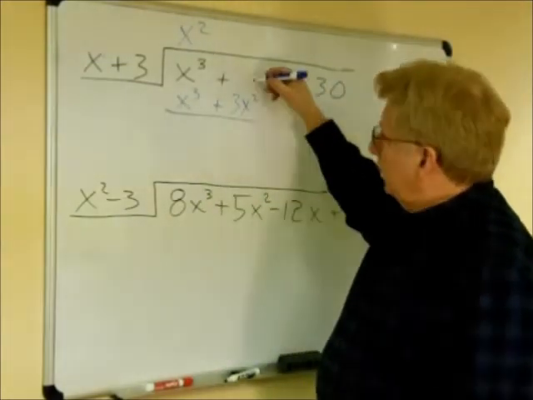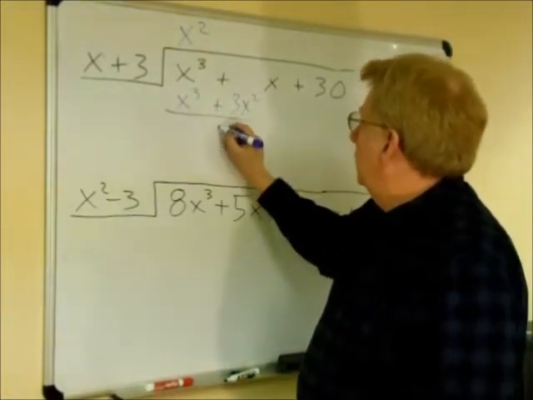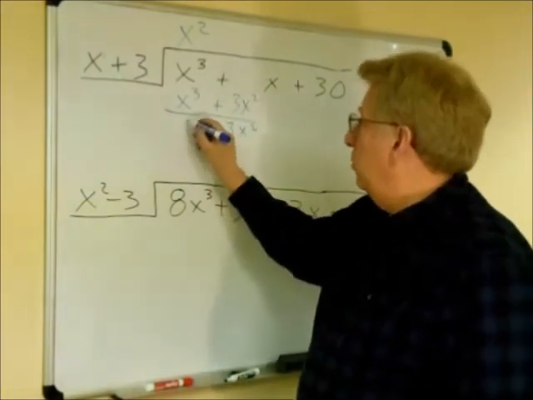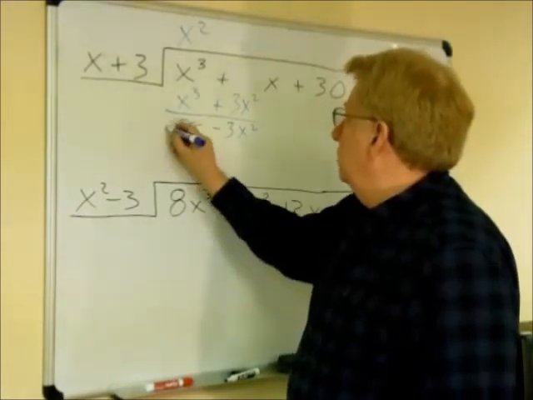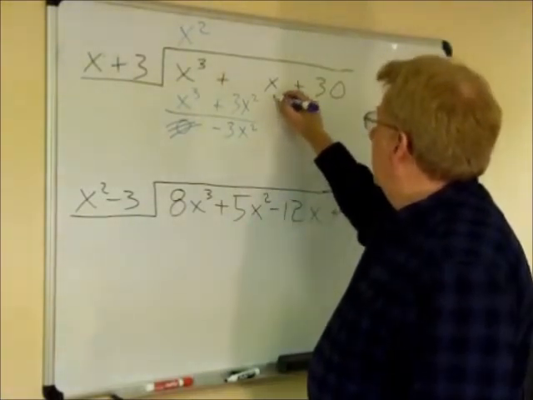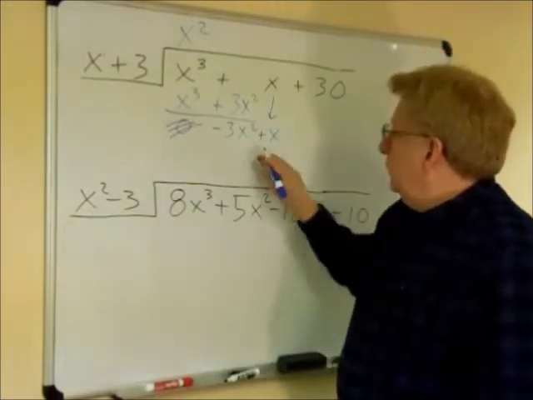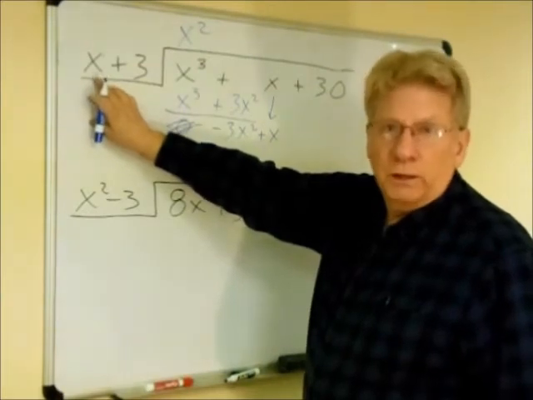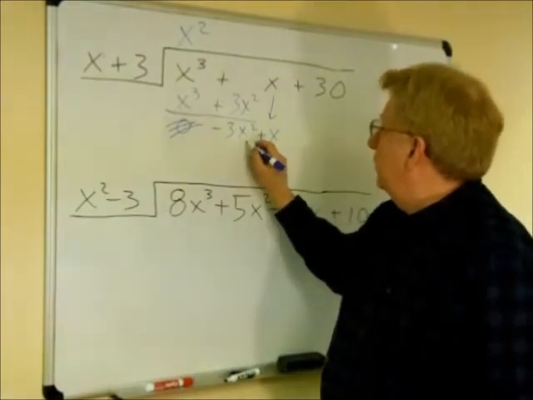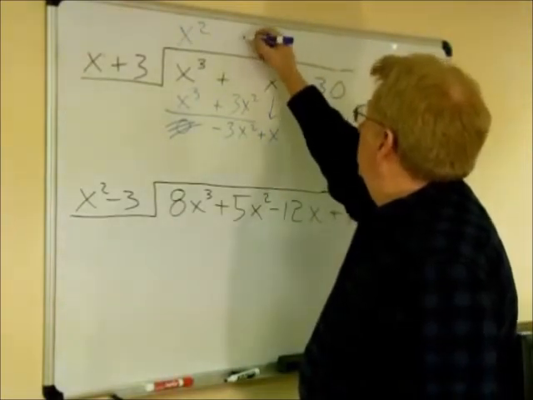Now, just like long division, we have to subtract this line from the first line. So nothing minus 3x squared gives us minus 3x squared. X cubed minus x cubed is 0, so that's really out of the picture. So now we look at what we've got here, and we carry down the next number. We have an x, so we'll have plus x. Okay, so for this number we take this first term again, x, or x to the 1, and we take x into minus 3x squared, and we end up with minus 3x. So we'll put that here,